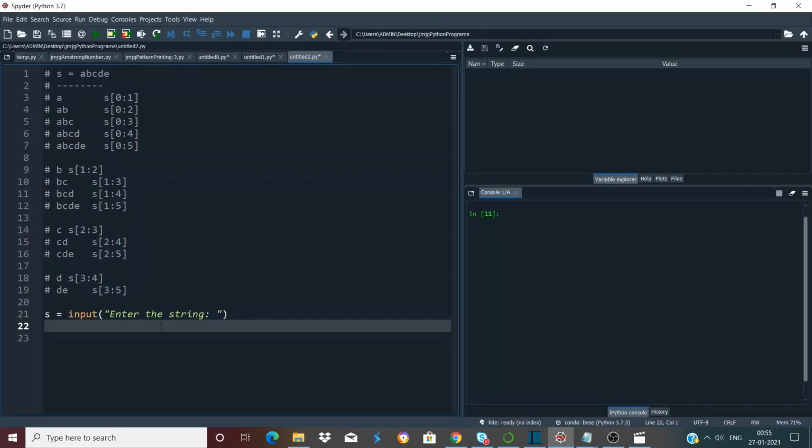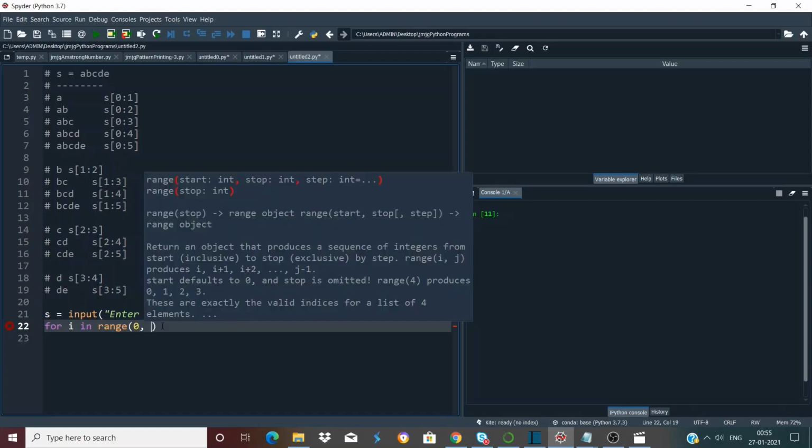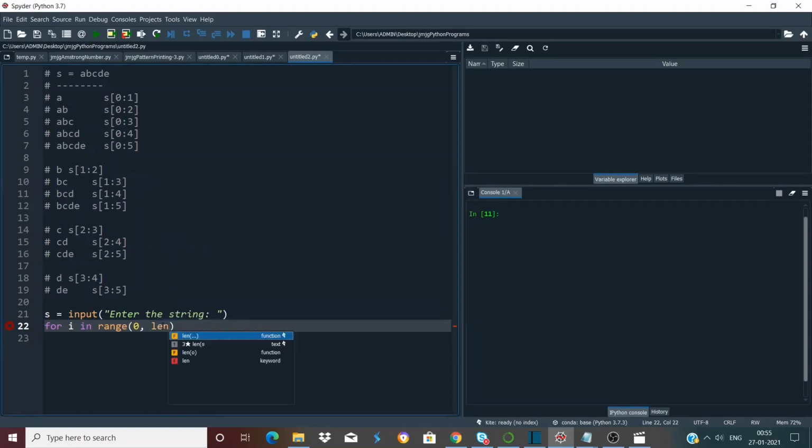So we will write the for loop like this. For i in range 0 to len(s). The len function gives us the length of the string, and as we all know, the end index mentioned inside the range function is not included in the sequence.